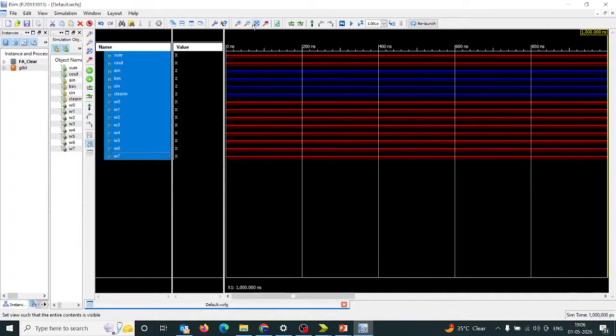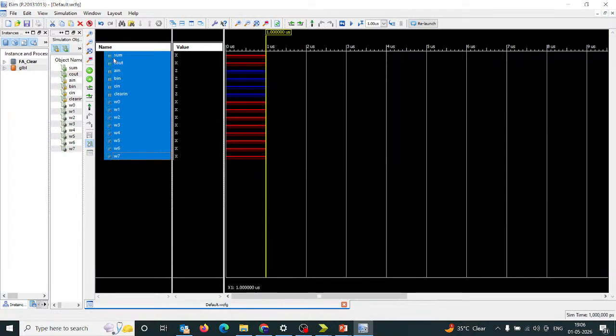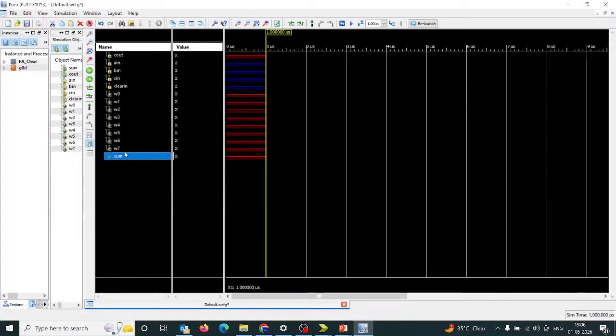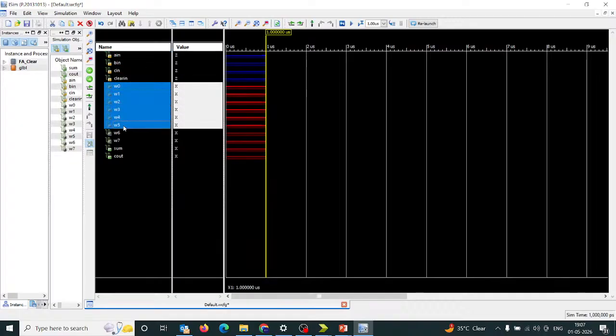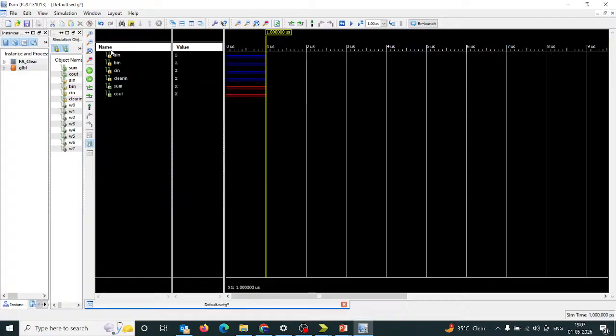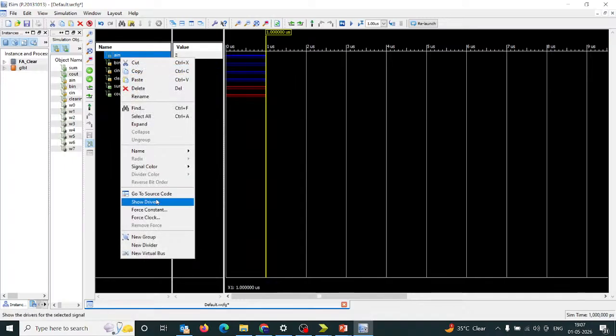Okay, now minimize it. Now put your sum in the last, C out in the last. Okay, your A in, B in, C in, and your clear. So if you want to remove the clear, you can remove the clear. Select and remove it, and then A in